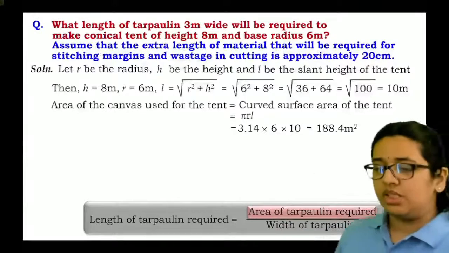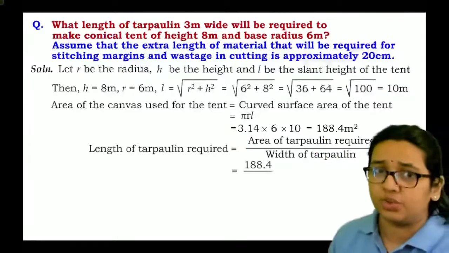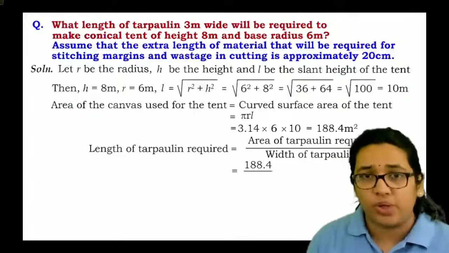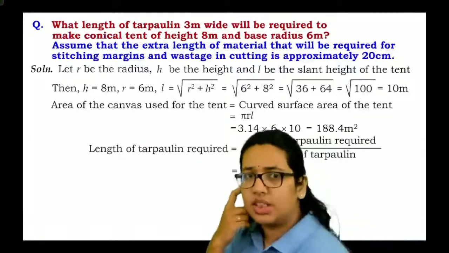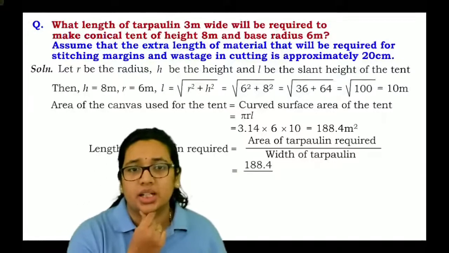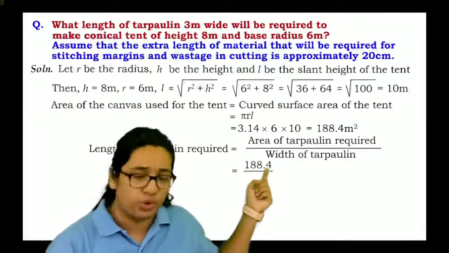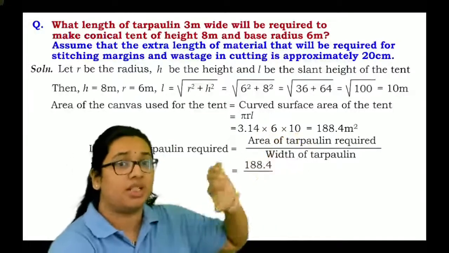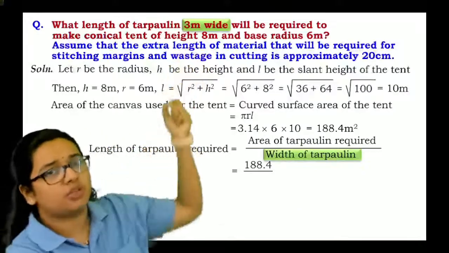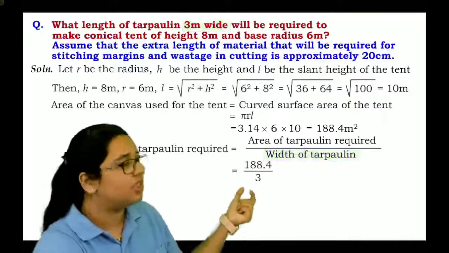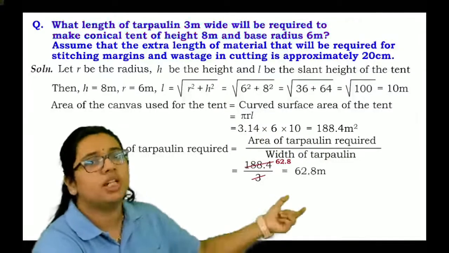Okay, so after calculating you might get this as 188.4 meter square. So length of a trapezoid required is nothing but the area you got. Just correct, but the only case is that the decimal point seems to have been missed, 188.4. Very good Rajesh, because here you are only getting 10 instead of that. So the width: you were given 3 meter wide, so clearly it means that we just divide this curved surface area by 3 so that you will get its answer as